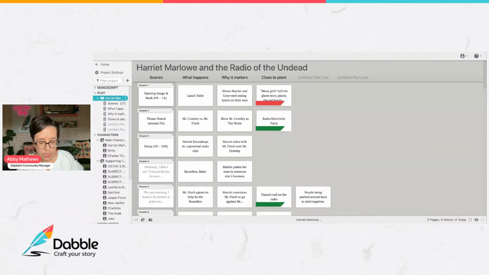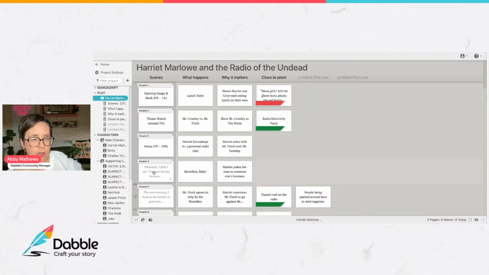And so if you don't know what they are, Save the Cat Writes a Novel is one of them. I think most of you have probably heard of this one. But I also like to combine it with Blueprint for a Book. And so this is the first outline I ever wrote using this method. So I tend to bake it into everything, even though my own personal Abby Mathews method now kind of combines both of these.